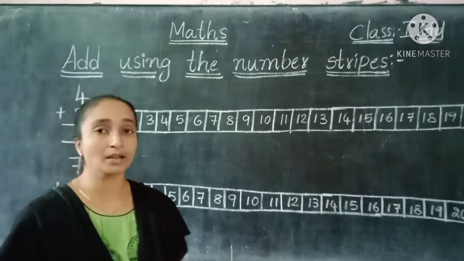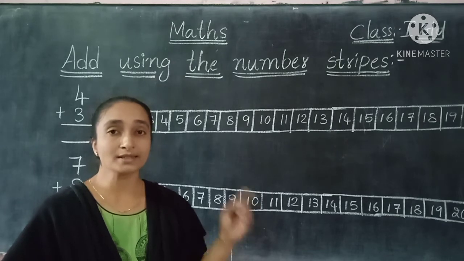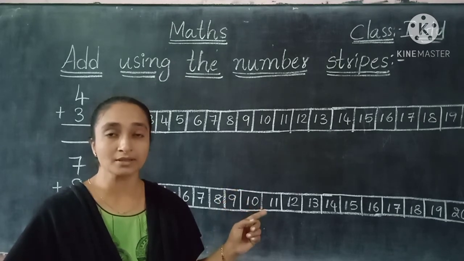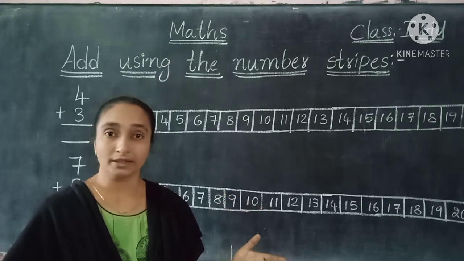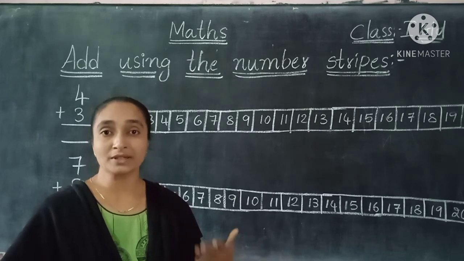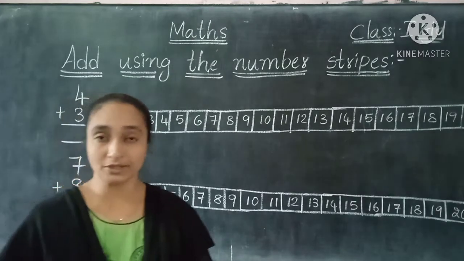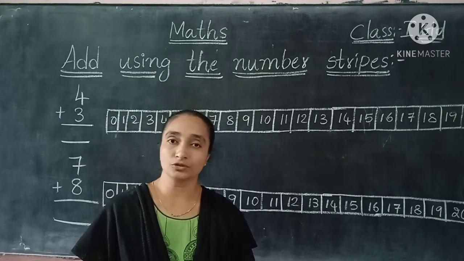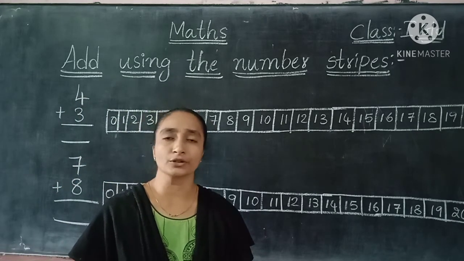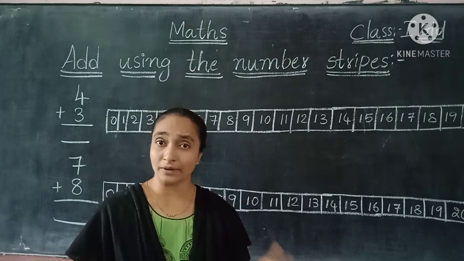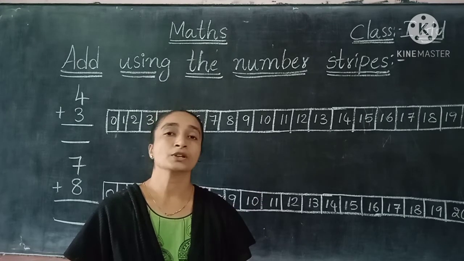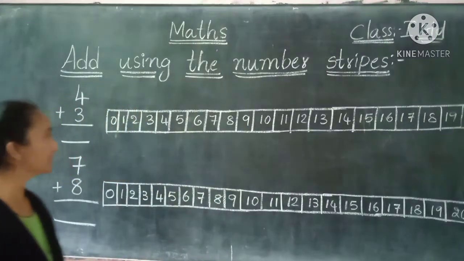Here they have given numbers up to 20. So this number strip is having the numbers up to 20, so no need to worry. In the previous classes we have used the number strips up to 10, isn't it children? Only 10 we have drawn. Here the more numbers also they have given, the 20 numbers for us. So happily we can do. Let us see that.